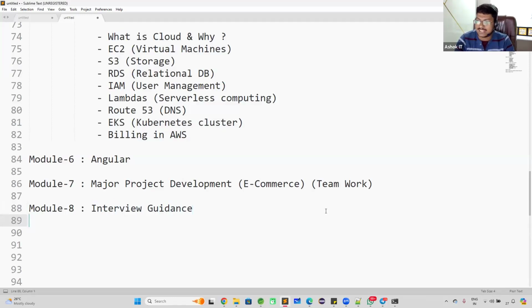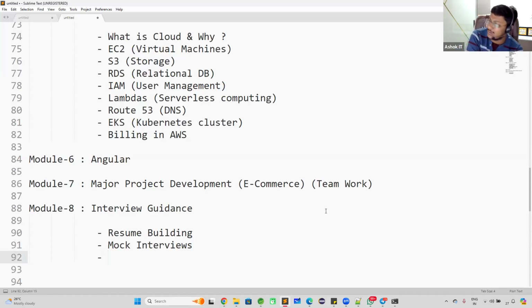Okay, so when I say interview guidance, guys, I'm going to help you with your resume building. I'm going to help you with your interview preparation. I will take your mock interviews, guys. Whenever you feel the content is overloaded and we need some break in the course, I will take some mock interviews over the weekends. Basically, on Saturdays we will do the reviews, right? So on Saturday, I will take a mock interview for one or two people so that we will understand